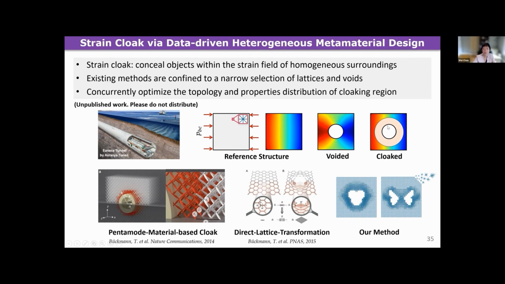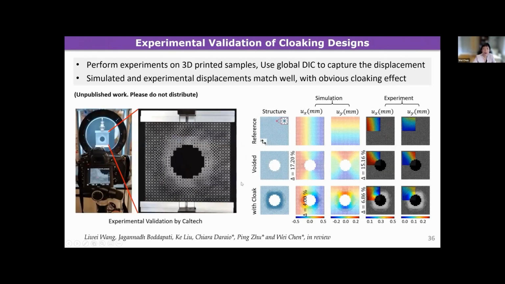What we want to accomplish is to design this cloaking region, including its boundary, through topology optimization, and then we can accomplish the same displacement field. So there's no change after you place the object inside. The existing methods are very limited, and I think in general mechanical cloaking is a much more difficult problem than the optical cloaking problem. So using our approach in collaboration with Caltech, Chiara Daraio's group, you can see here we